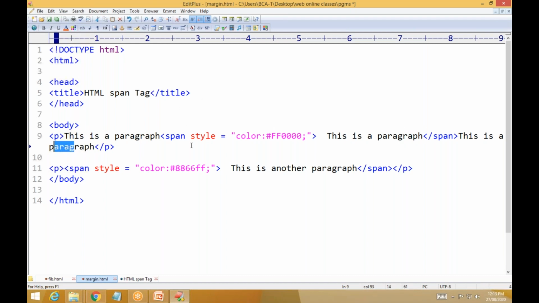Because this is inline, we can apply any style. For example, you can give style, color, and font size, like this, font size 100px, semicolon, save, execute.